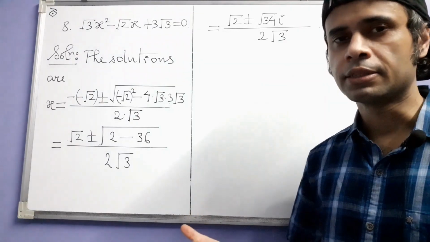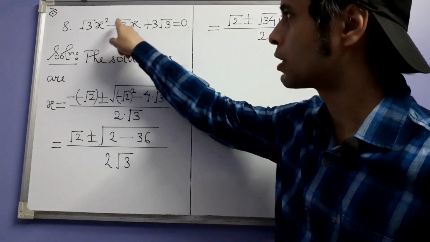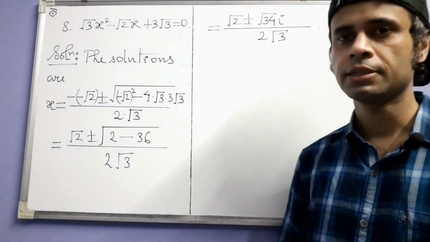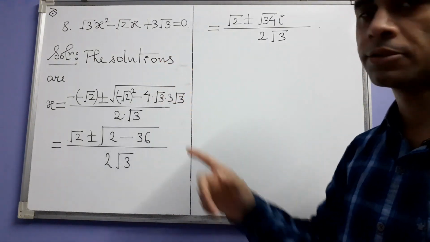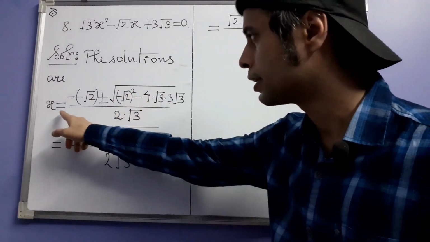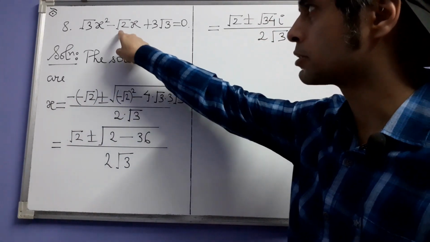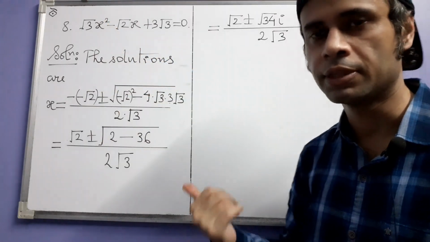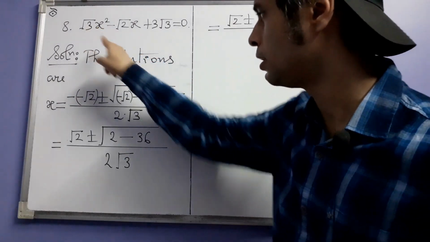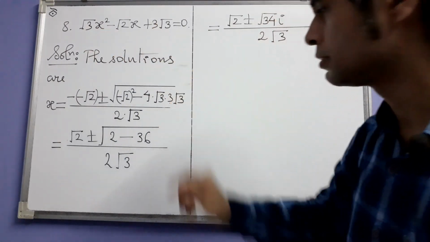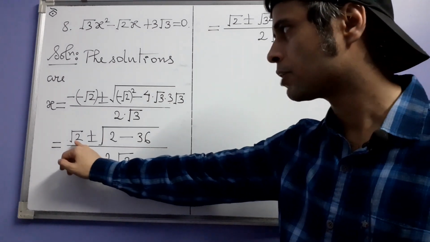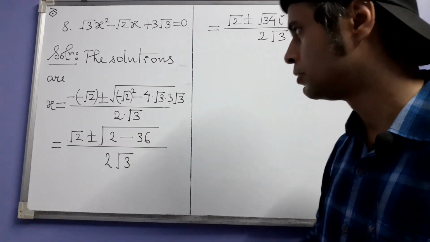So in the 8th one the equation is root 3 x squared minus root 2 x plus 3 root 3 equals 0. So in this case a is root 3, b is minus root 2 and c is 3 root 3. So these are the solutions. x equals minus b, because b is minus root 2, so it's minus of that, plus or minus square root of b squared minus 4 times a times c, 3 root 3, divided by 2a, 2 root 3. So this becomes plus root 2 and this becomes 2 minus